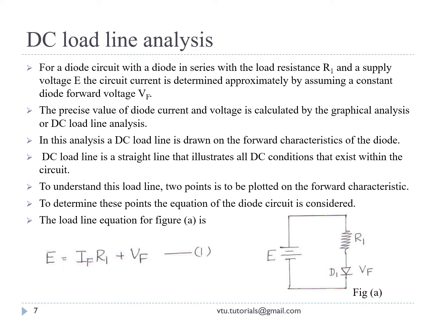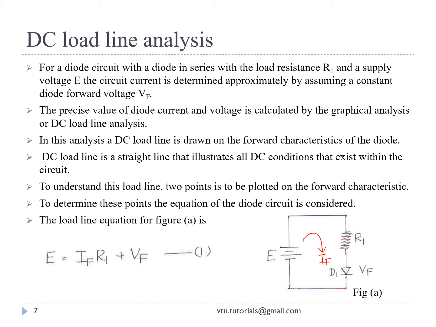DC load line analysis. DC load line analysis is the graphical analysis of a given diode circuit. When you consider a diode circuit with a voltage supply E and resistance R1 in series with the diode D1, after a forward voltage Vf, there will be a current flow in the circuit equal to If. In order to determine the current and voltage parameters, we use this DC load line analysis. So when you apply Ohm's law to